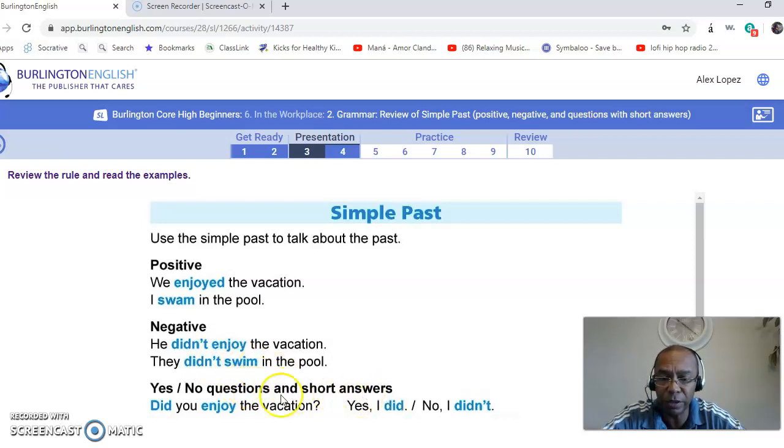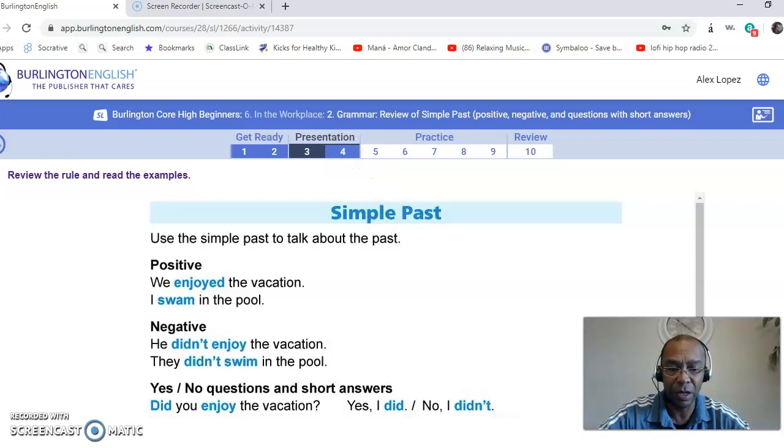Yes, no questions, short answers. When somebody asks you a question with did, you will most likely use did in the answer as well. For example, did you enjoy the vacation? Yes, I did. Or you can always say, no, I didn't. Well, I hope you all enjoy your vacation this summer, because it seems like we are going to have